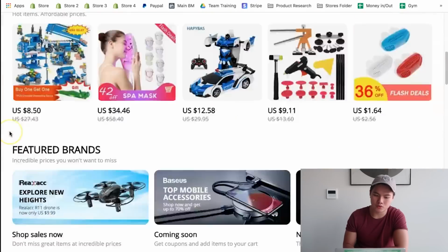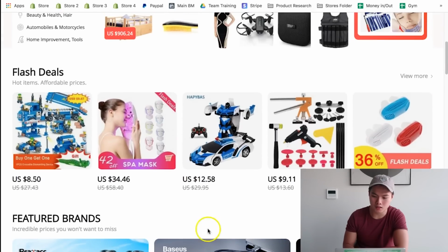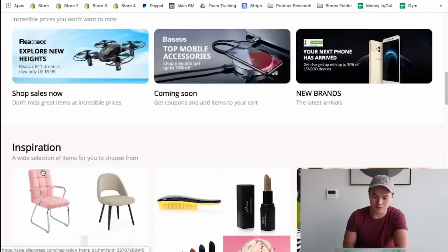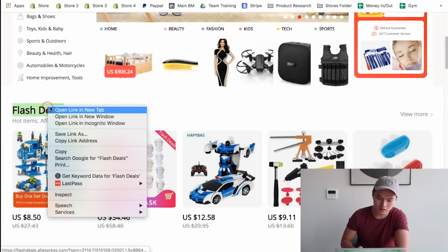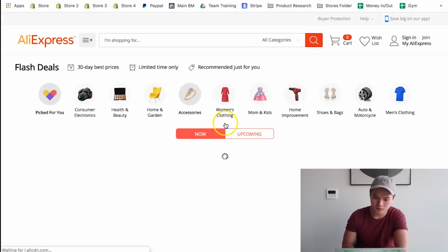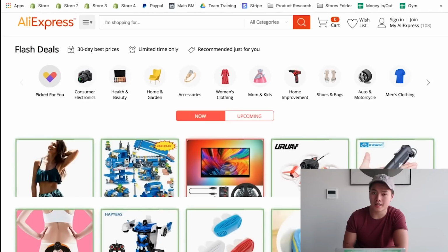So firstly, what I do on Aliexpress is I just go on Aliexpress and scroll through to see the different products, and then I'll go on flash deals here and click to open a new tab. This is where I find most of the products that I test when it comes to finding